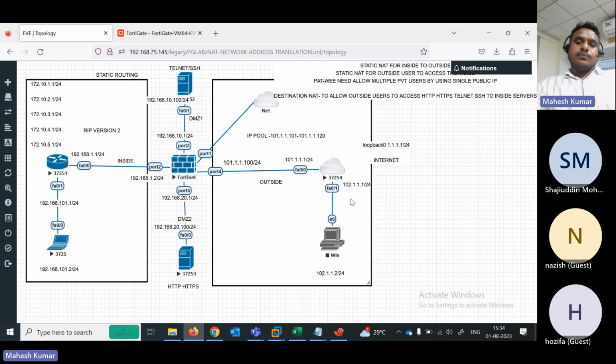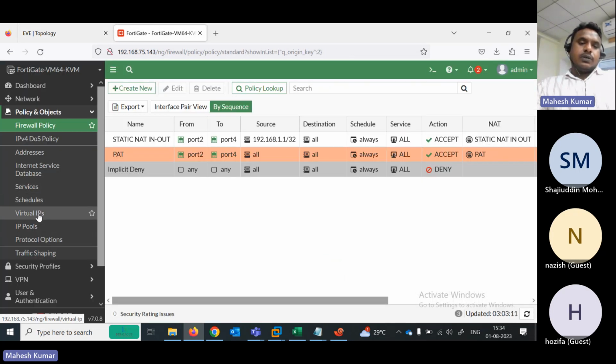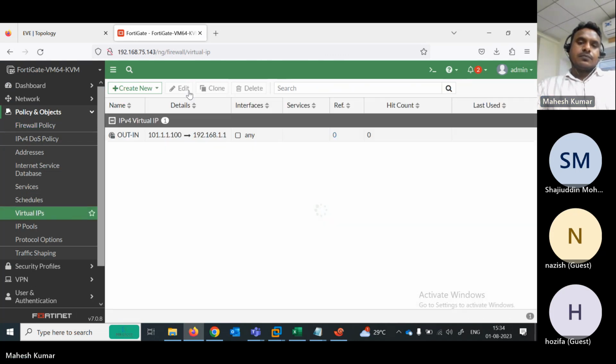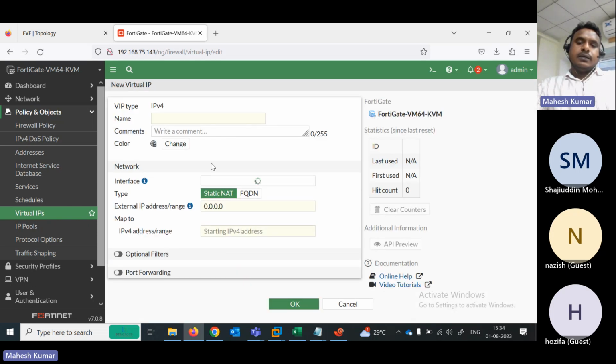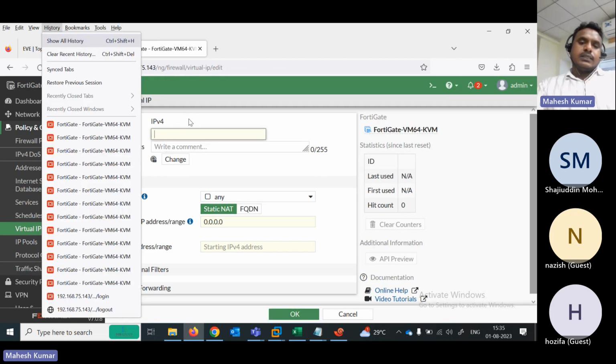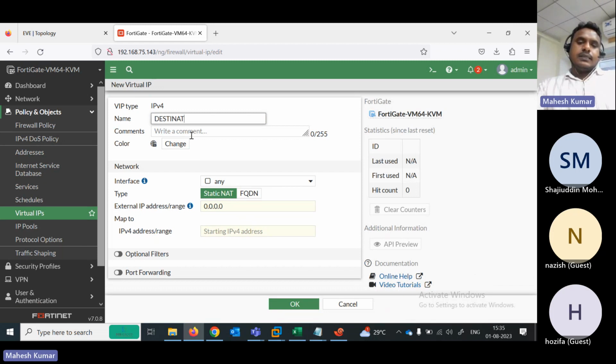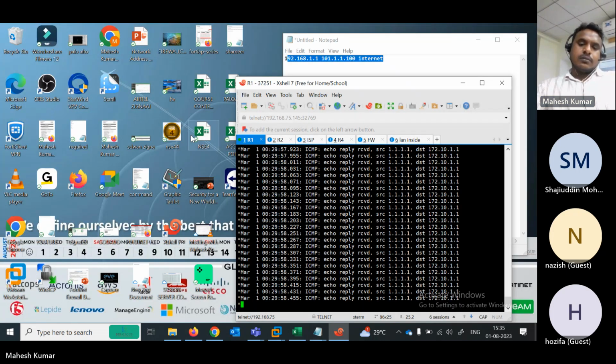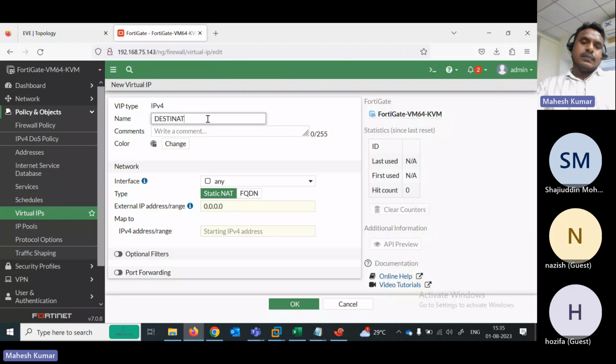Now I need to create a policy again. Before creating a policy, I need to create virtual IPs. Under virtual IP, create a new virtual IP. I already used 101. This time, if someone is hitting the static destination NAT, this is our DST NAT for out to in, outside users to the inside, to allow them to reach the inside. Which IP, if someone is hitting that